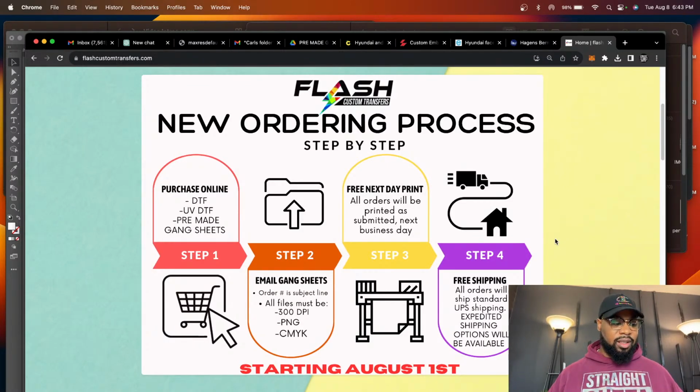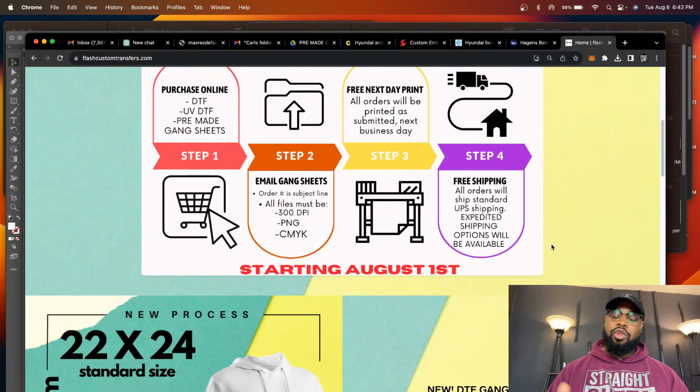We eliminated processing time. So there's a lot of people out there who wonder, oh, will I be able to do this and will I be able to do that? How long will it take? Nope, you no longer have to worry about processing time. As soon as you place the order, it's automatically started, as long as you place the order within the business hours and as long as your gang sheet is set up correctly. If you send me